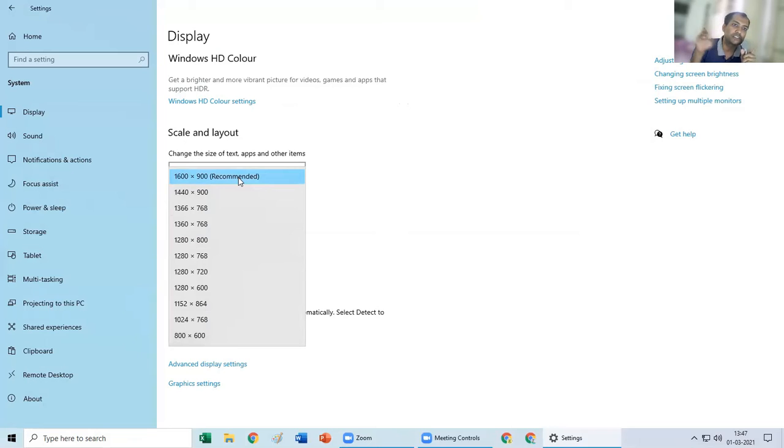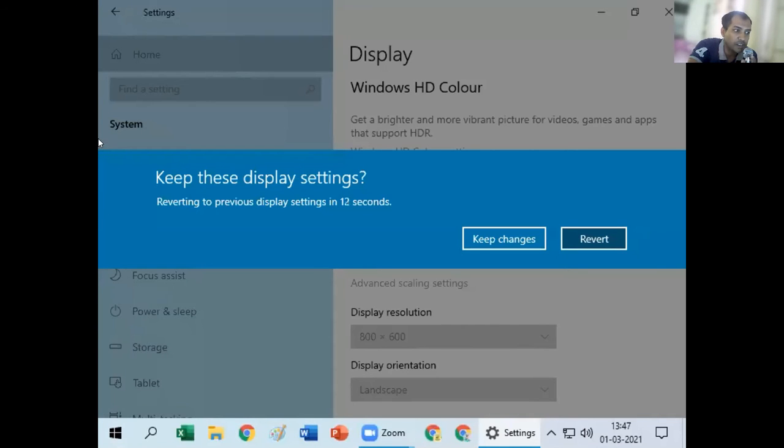Display resolution. Now, there are lots of resolutions over here. You must have seen your monitors are widescreen, square. Some of them are too elongated. So these are the settings which you can choose from. Now this 800 by 600, if I choose, you see it has become a little square. If you see, the sides have now cut out.